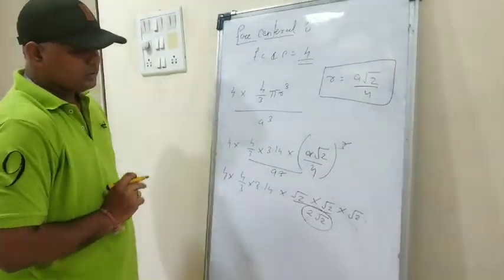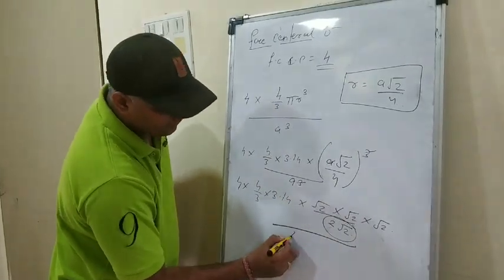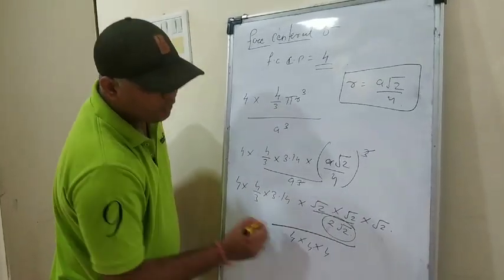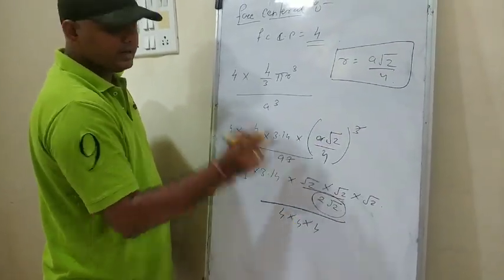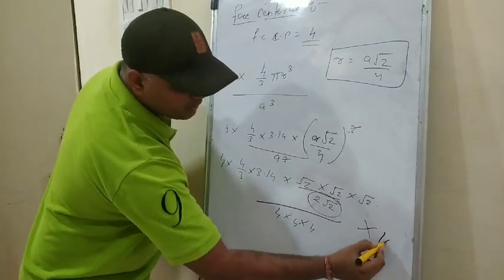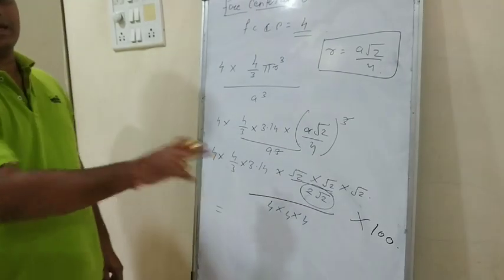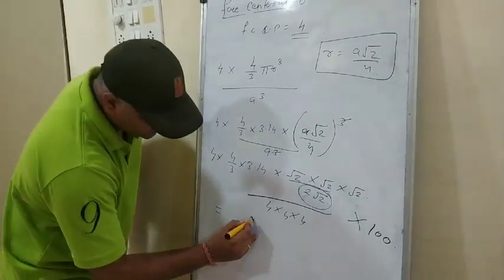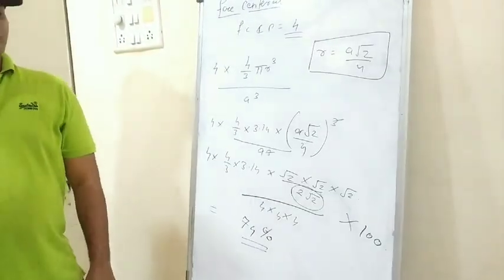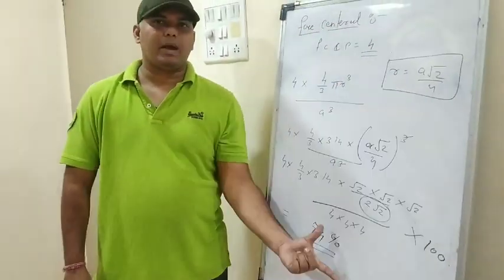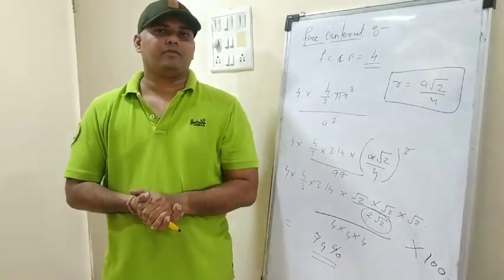So in this case, we also have a 4 divided by 4 into 4 into 4. The 4 also has a cube, so that becomes 4 into 4 into 4, that is 64, into 100. When you calculate all these things, all the equation, you will get the packing efficiency as 74%, right? I hope that you have understood all the calculations for the packing efficiency, for the simple lattice, for the face centered lattice and for the body centered lattice.